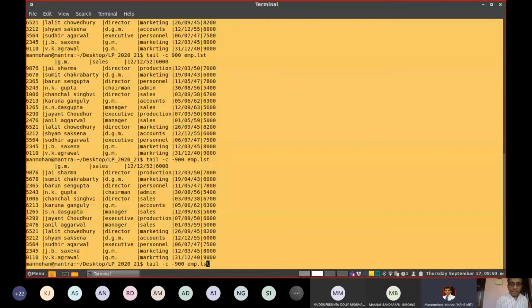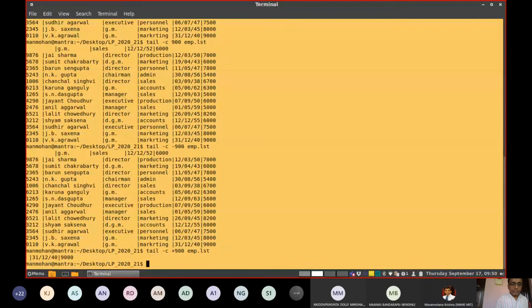Similarly, you can go for plus 900. Now here copies everything after skipping 500 and skipping 900 bytes. Now it skipped 900 bytes, and out of that the last few bytes are displayed here. Okay, skipping of the first few lines, displaying only the last few bytes. Okay, this is the difference. In case if you write minus and some data size, the copy is last that many number of bytes from the given file.